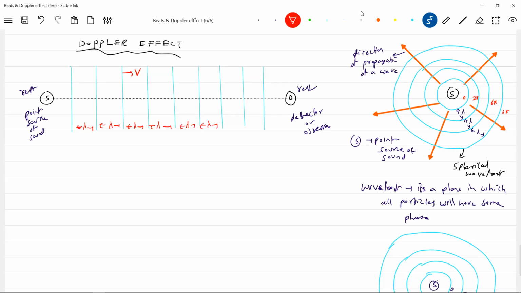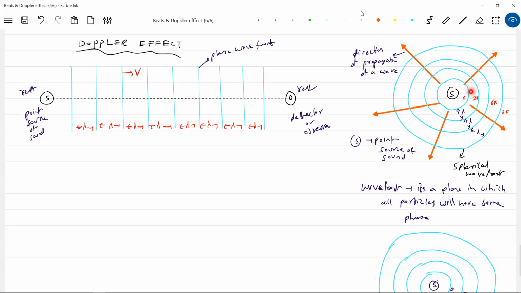Now, sorry, earlier you wrote concentric circles. Now what happened? You are putting parallel lines. This is a plane wavefront. When nearby a point source, the wavefront is spherical. If you're far away from the point source, the wavefront will appear like a plane. A good example: if you're far away, can you draw a straight line here?